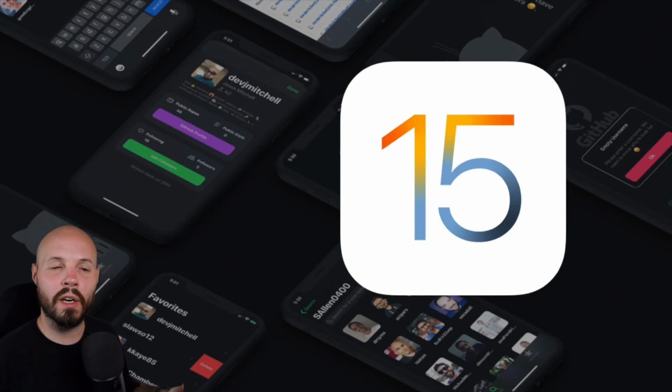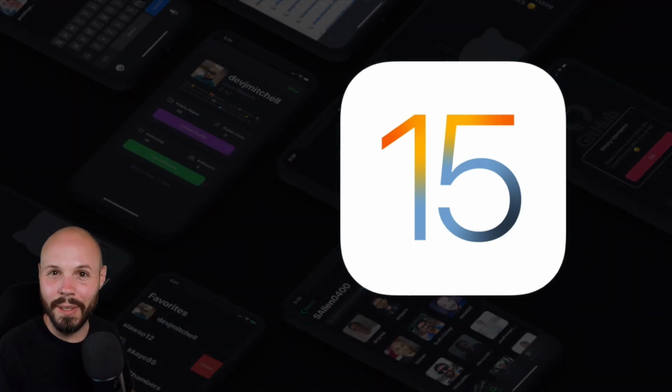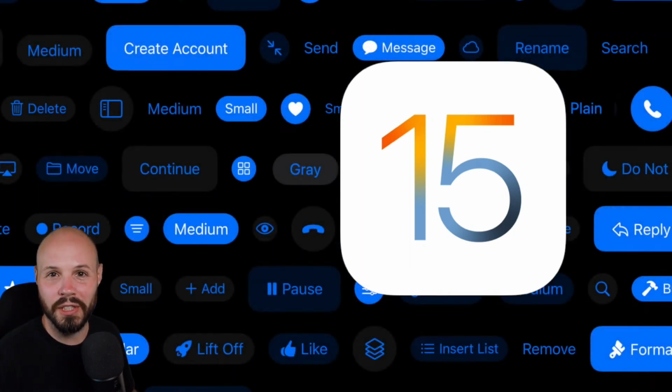In the last video, we did our first run on iOS 15, fixed some warnings and fixed some UI issues. So our app is now good to go for iOS 15, so we can implement the new stuff. And the first bit of new stuff that we're going to talk about is the new UIButton configurations introduced in